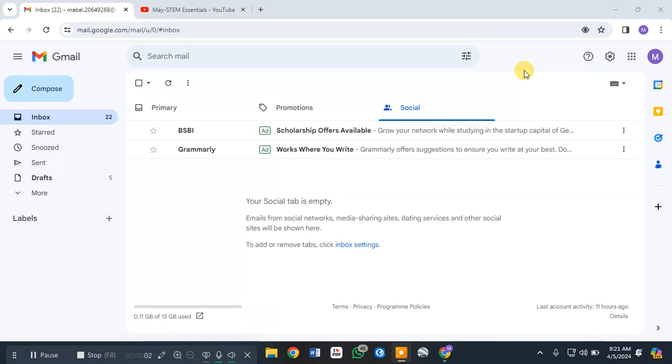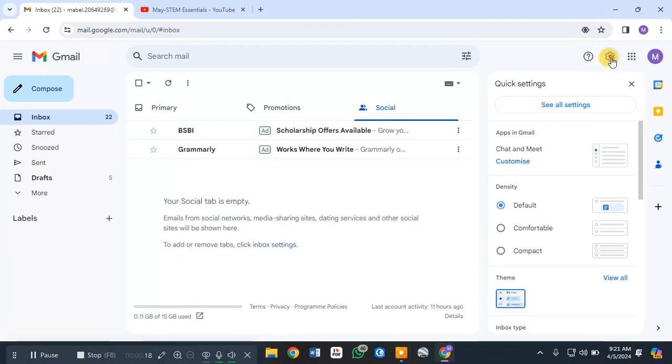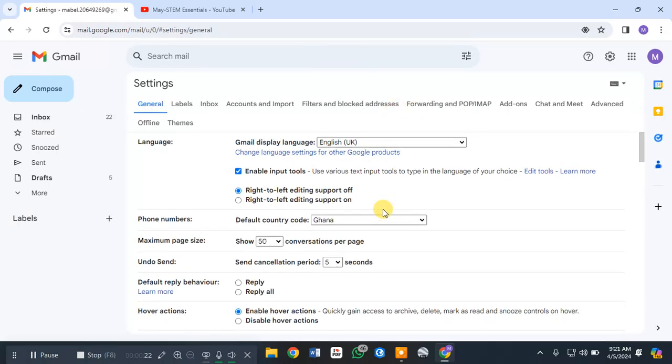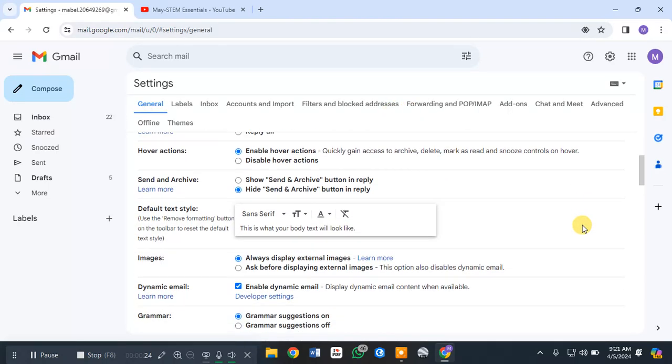Hi, in this tutorial we are going to learn how to add a signature to your email messages to customize it, make it professional, or make it unique. Right, so to do that, start by going to settings here, select see all settings, then scroll down